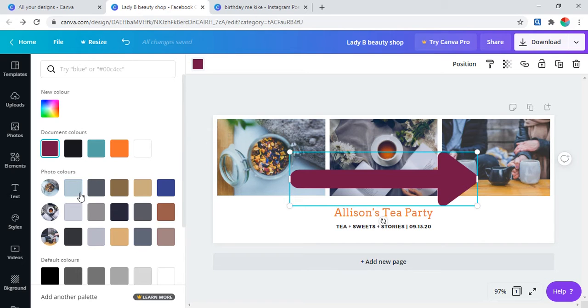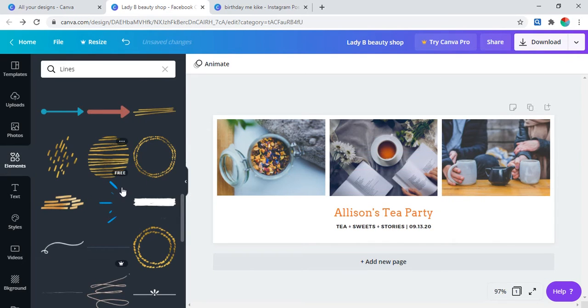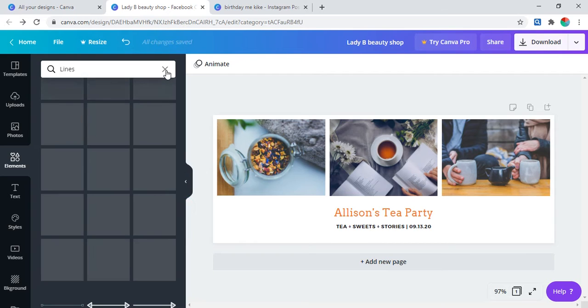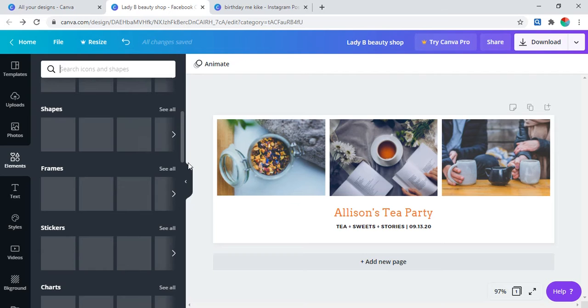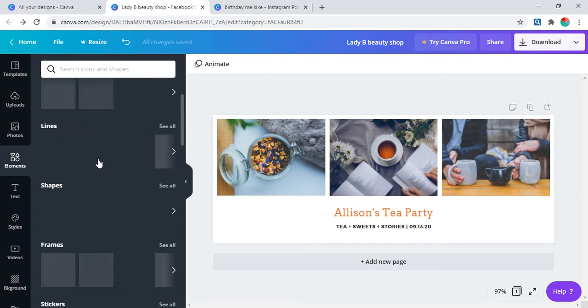So the pictures you have will be here, and if you can't find the exact color you want, like I said, you can just go to new color and then try to look for the color you like. So that's that for lines. So I'm closing this. There are a lot of things under elements. So we've looked at lines. Now we are going to shapes. If I click on see all,